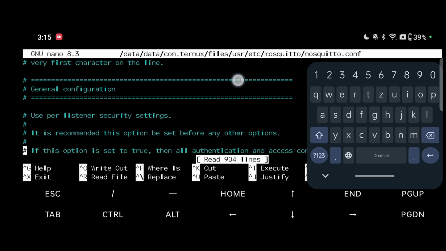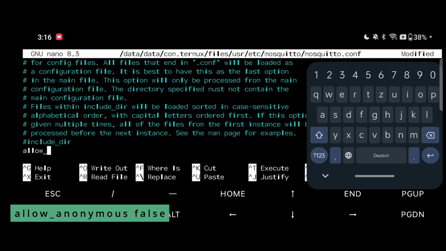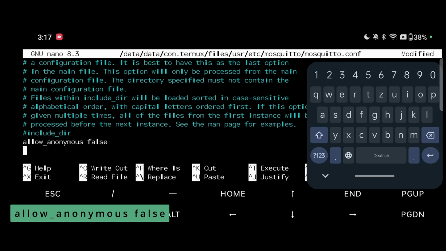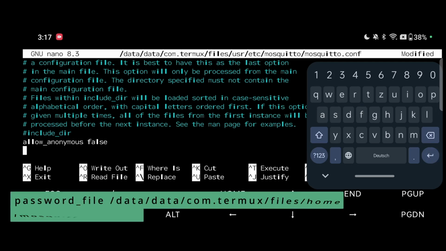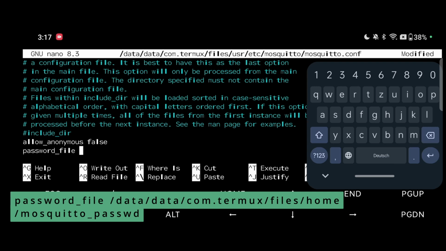So we will scroll down. Now we are at the end of our file and here we will write allow_anonymous and we will write false here, and then we will write the path of our password file. So to do that, we will write password_file and here we have to define the path.